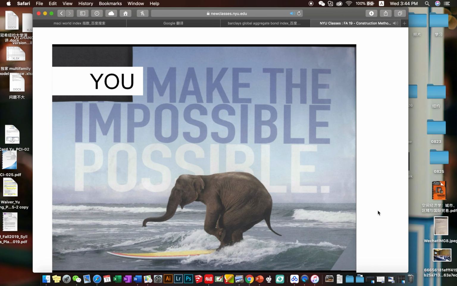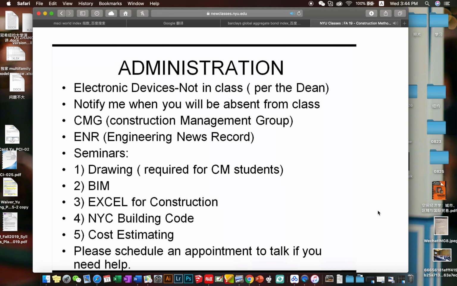So one other little tidbit for inspiration is you make the impossible possible. I've yet to see the elephant that actually surfs on the surfboard, but hey, if that can happen, we can build anything. All right, just a few notes that I'm required to pass along here, administration, and I'll cover them in this class,